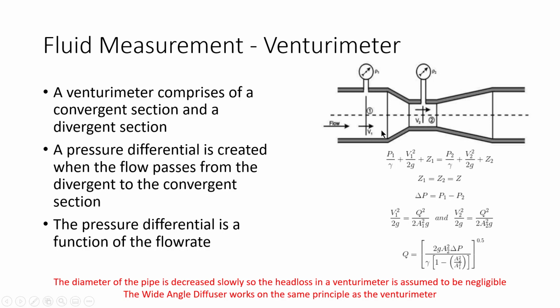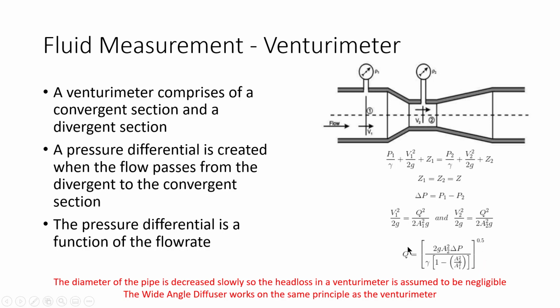And clearly, since the velocity is small here, the pressure must be larger here compared to here. Most of the energy is in the form of kinetic energy, so your pressure energy is going to be smaller. Okay, so using the continuity equation, as well as understanding that this pipe is parallel to the ground surface, so there is no potential energy lost or gained in the process, using Bernoulli's equation and the continuity equation, we come up with